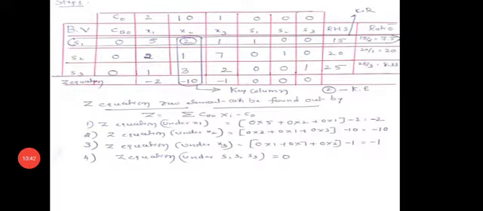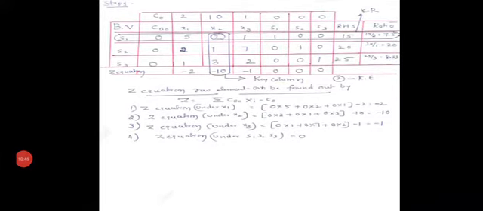Understood? Now once you have created the Z equation, what are you going to calculate? The Z equation is going to be helpful. Suppose in the Z equation you got all the values greater than or equal to 0, then the solution is going to stop here. Otherwise, you need to go for the solution. Unless you get positive values, this process will continue. Nothing but continuous iteration should be done.